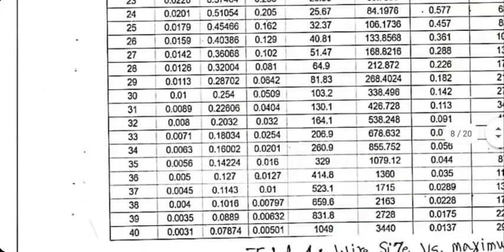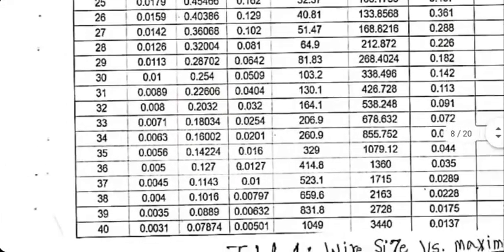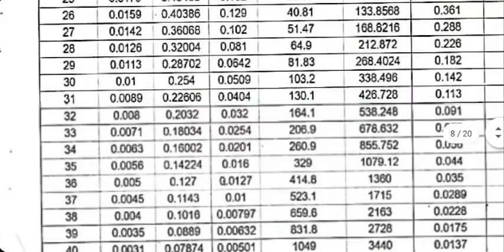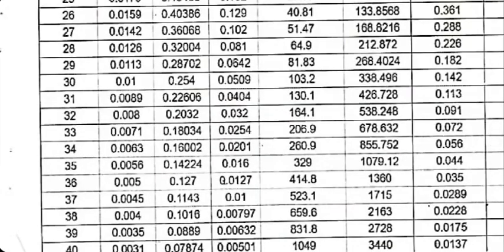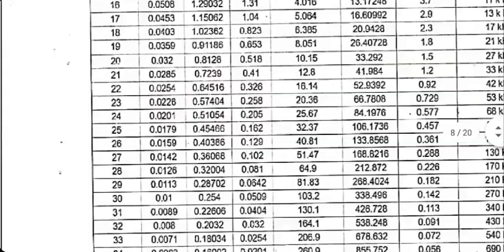So I think the nearest higher value is 0.142 amperes. For that, you need wire size 30. Don't go to the lower side because that will not be safe. You are not getting exactly the current that you want, so go to the next higher possible value, which is 0.142 amperes. Select wire number 30. The diameter is given also.